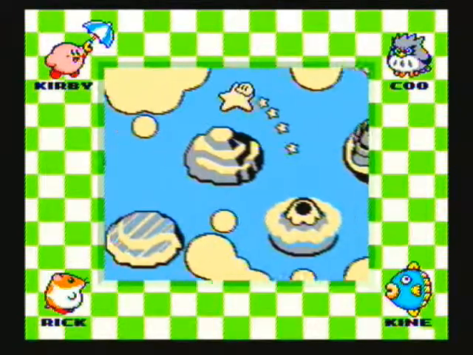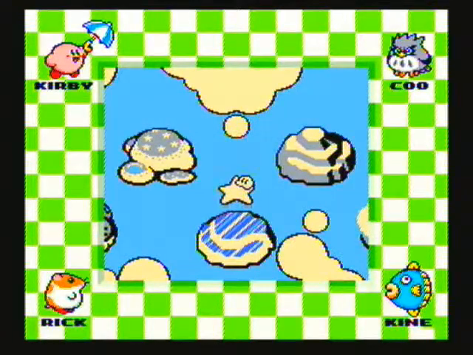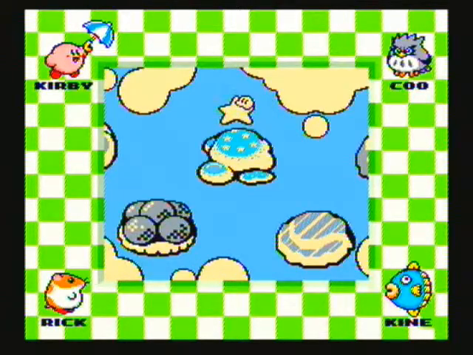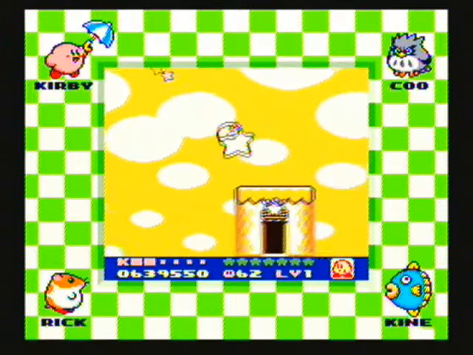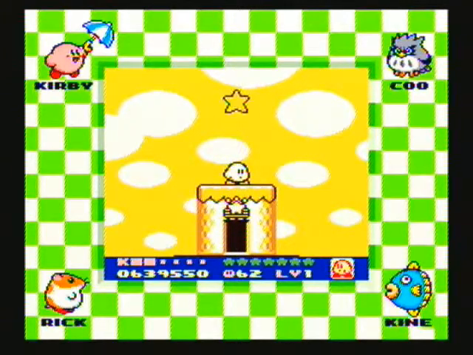As a reminder, the main goal of this game, the main purpose of our quest, is to restore the rainbow bridges that connect these islands, even though we could just use a warp star. And there are specific locations of these rainbow drops, and we are going to...